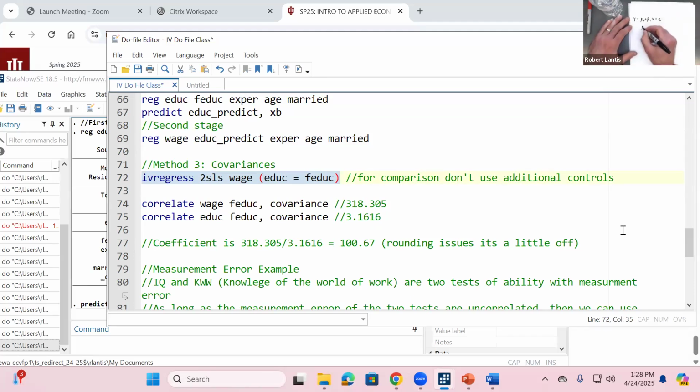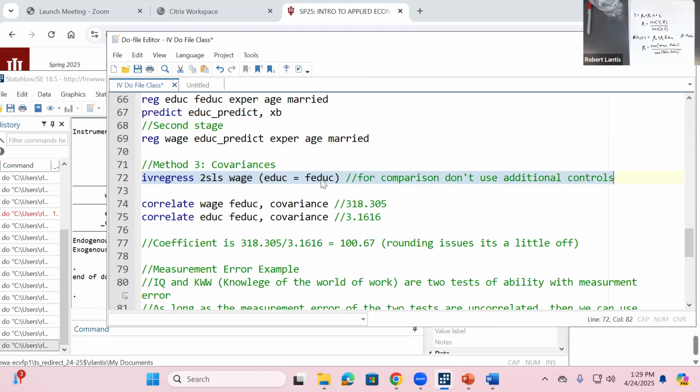Here's my regression. We said that should be the same as the covariance of Y with Z over the covariance of X with Z. So we're looking at wages and education. In our instrument Z, here we're looking at father's education, or thinking about parental education. So we should be able to come up with the covariance between wage and father's education, divide that by the covariance of education with father's education, and we should be finding that same value that we just got from our second stage, right? So I'll run that ivregress command without the additional controls, but using that same instrument,